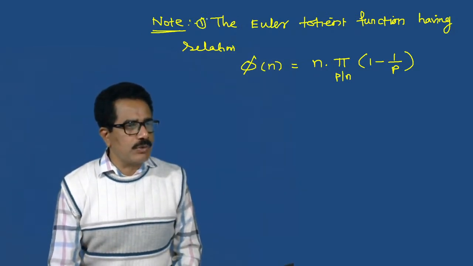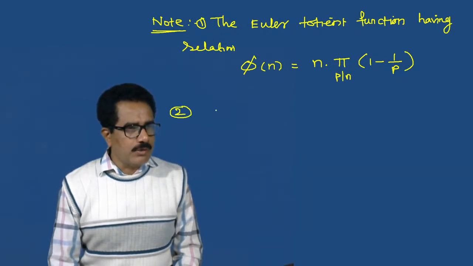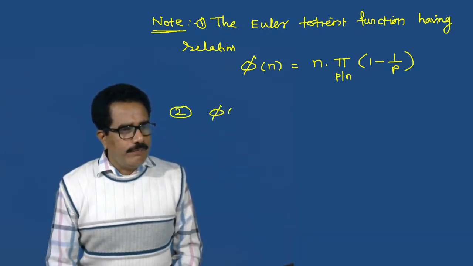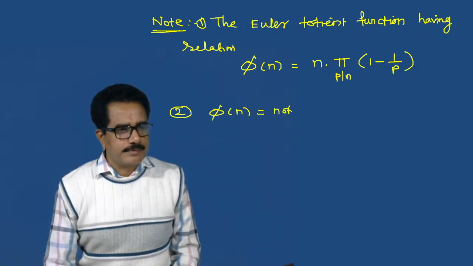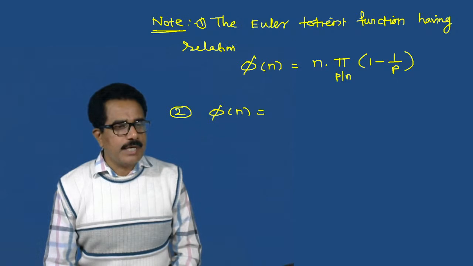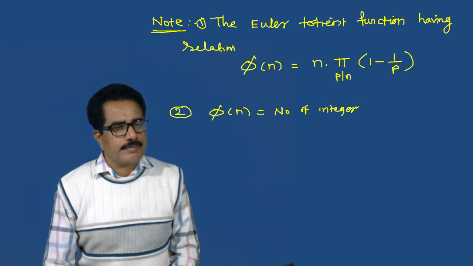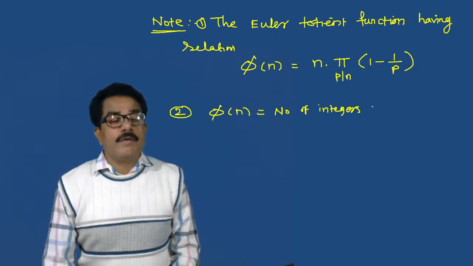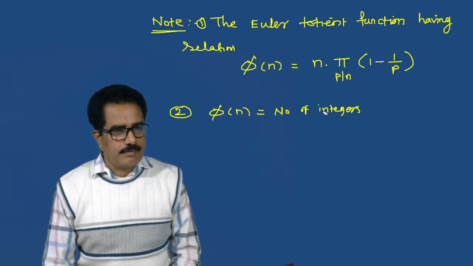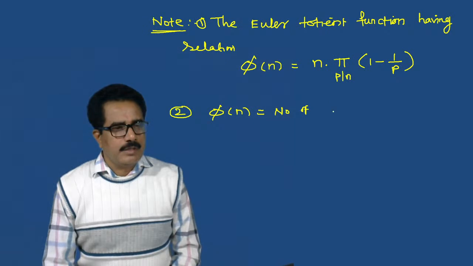This is a first note. Second note, phi of n is equal to the number of integers, number of positive integers, number of positive integers